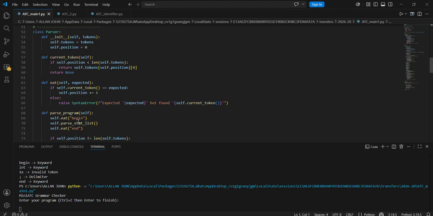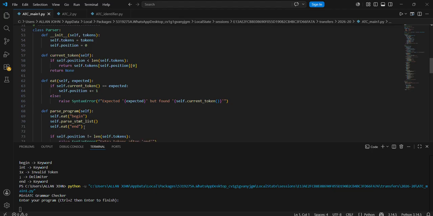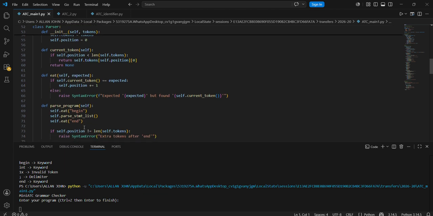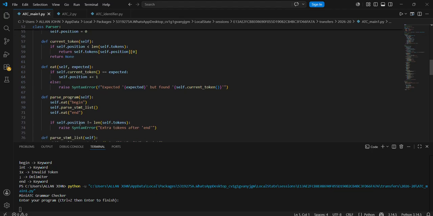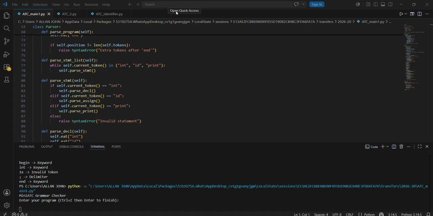Def parse program checks the complete program structure, and then it shows begin, start, and end. It means the program must start with begin, and then def parse statements checks all statements. The program must end with end, and then if self position,